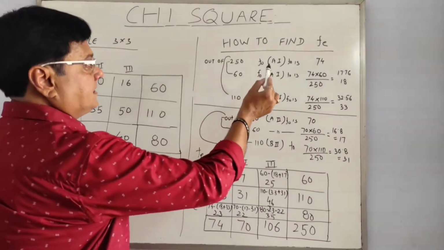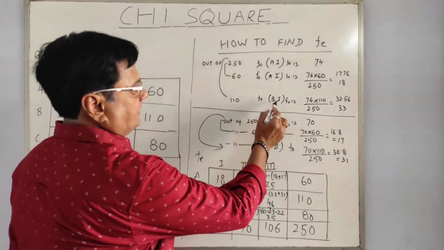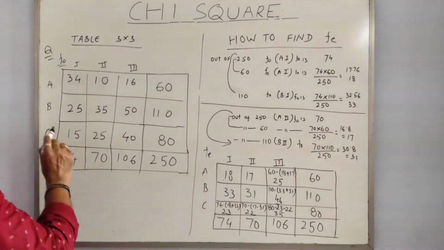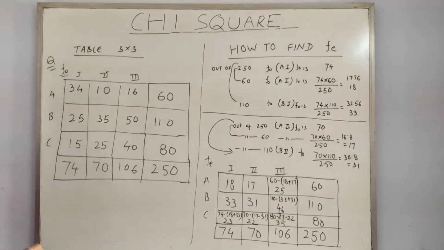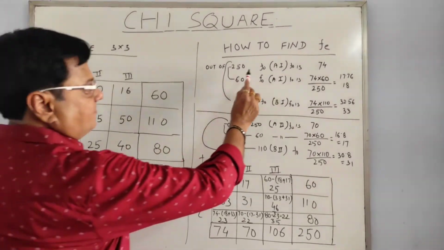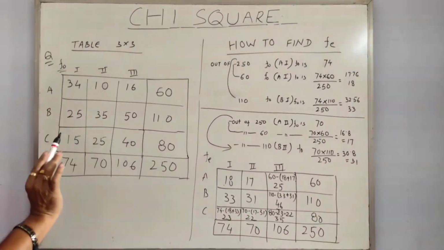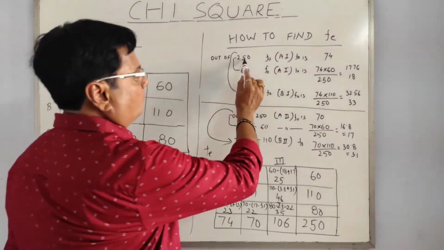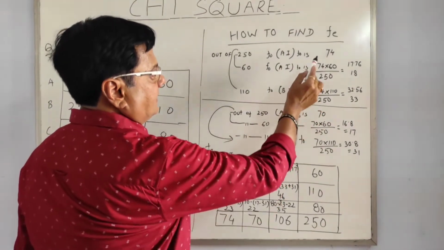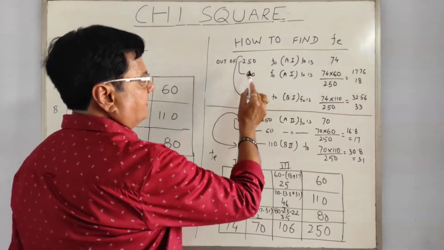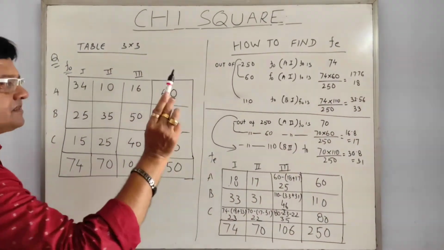Then the next case. Now we are coming to the second portion, that is B1. What is B1 actually? B1, and the total of this is 74. So out of 250, if it is 74, then for B1, out of 110, what should we be getting? It is as simple as that. So out of 250, FO is 74, then what it should have been out of 110, that calculation: 74 into 110 by 250. That is coming to 32.56 and taken as 33. That is the second one.